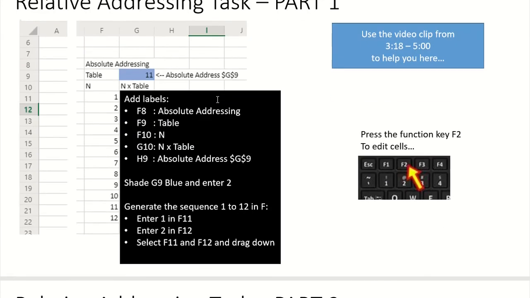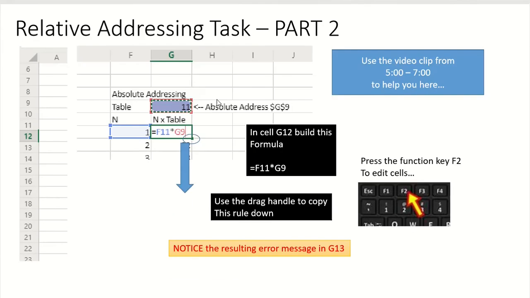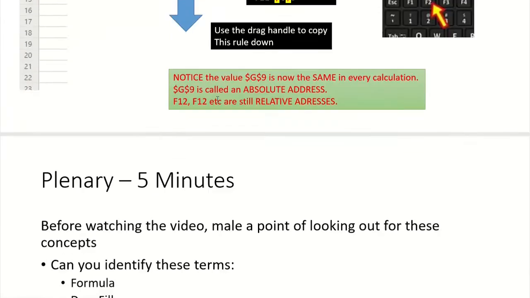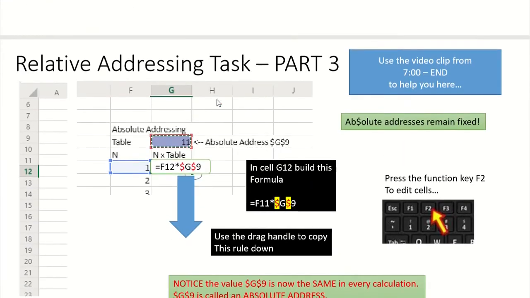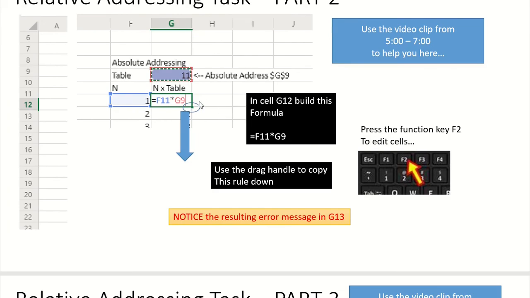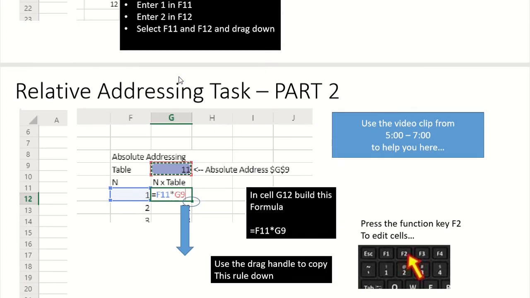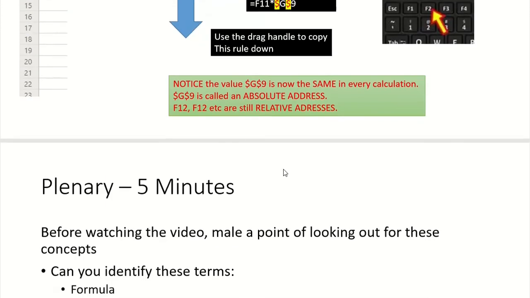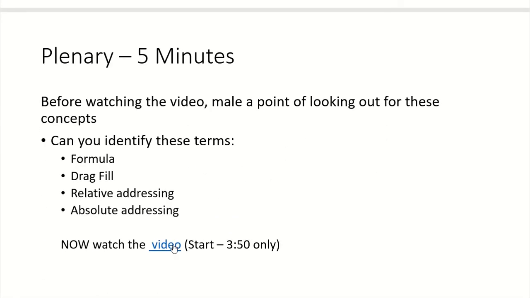And in this part of the task, what we're going to do is develop a solution in the concept sheet where you will build a very simple times table generator, where the calculation looks up the value of n but multiplies it each time by the table value that has been set up in the sheet, which is in cell G9, and we use G9 as an absolute address for that part. Once you've completed that task, there's a little plenary video at the end that you need to watch,